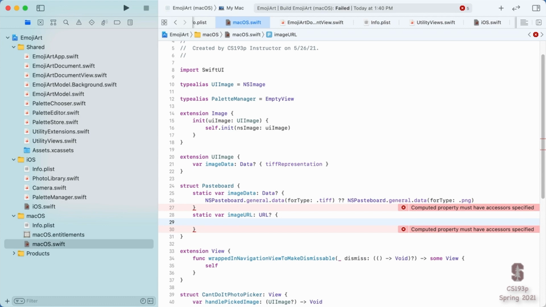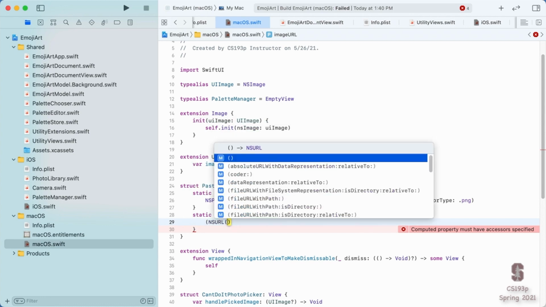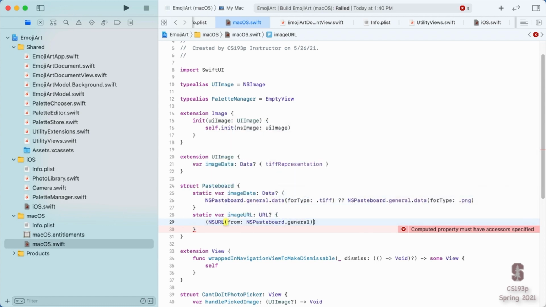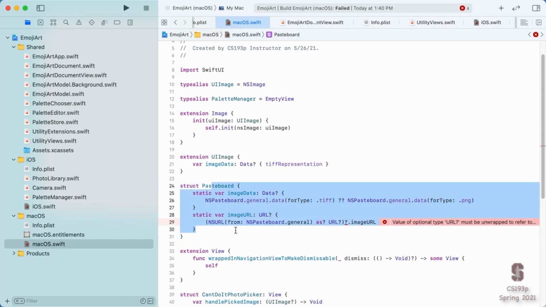And it's quite different to get a URL. You actually do that on the Mac by creating an NSURL from the NSPasteboard.general. And here I'm going to have to say as URL because this thing right here that creates this URL is an NSURL, and I want it to be a regular Swift kind of URL. And then if I'm able to do that, we'll still do that imageURL business. So you can see here, I created this Pasteboard abstraction.